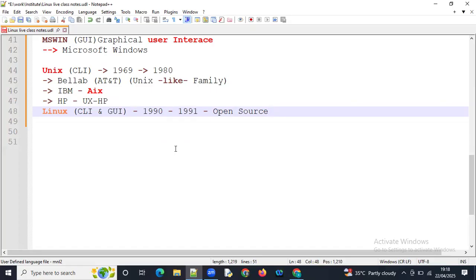Then HP also introduced one HP-UX OS. Then Linus Torvalds introduced Linux operating system. It has both CLI and GUI. It was developed in 1990 and available to public from 1991, and it is an open source operating system.